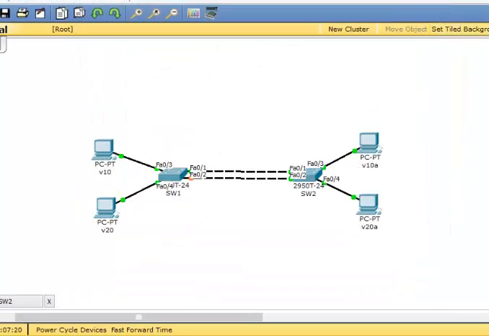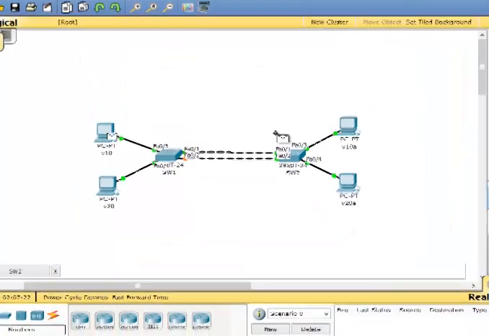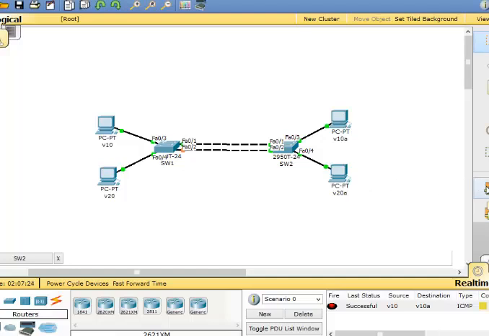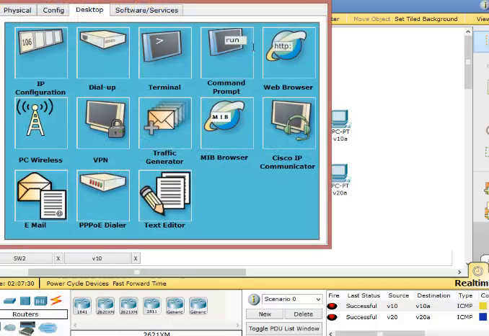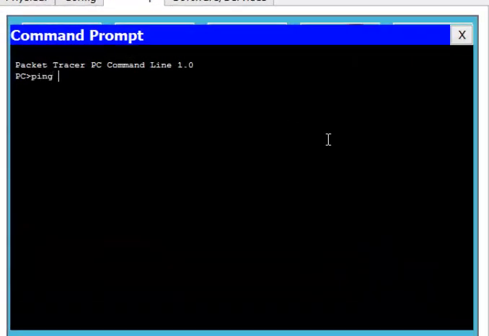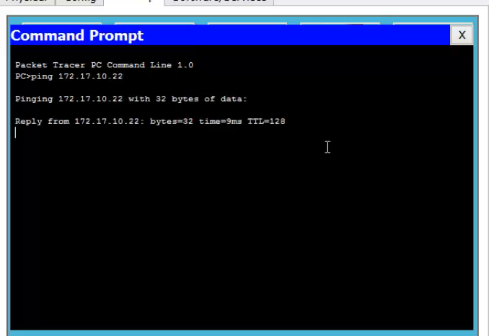Now we will be sending a packet to the PC on VLAN 10. Ping 172.17.10.22.